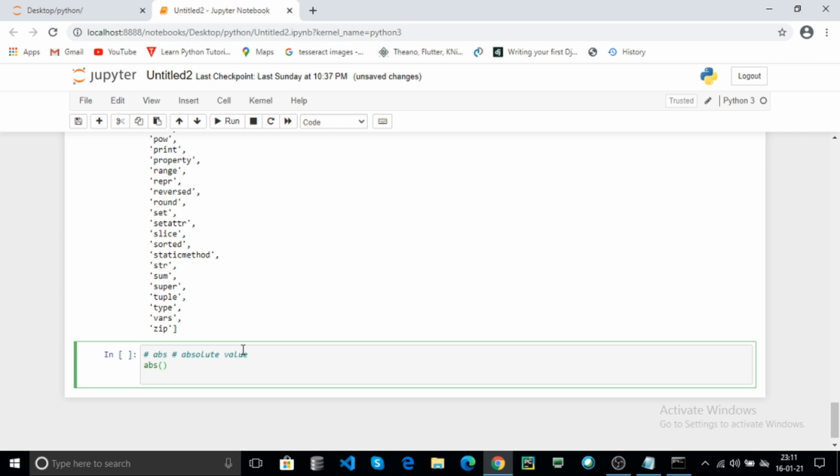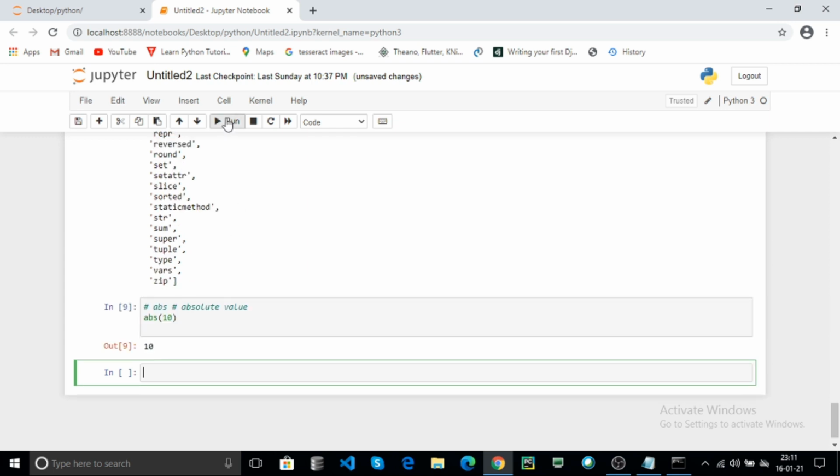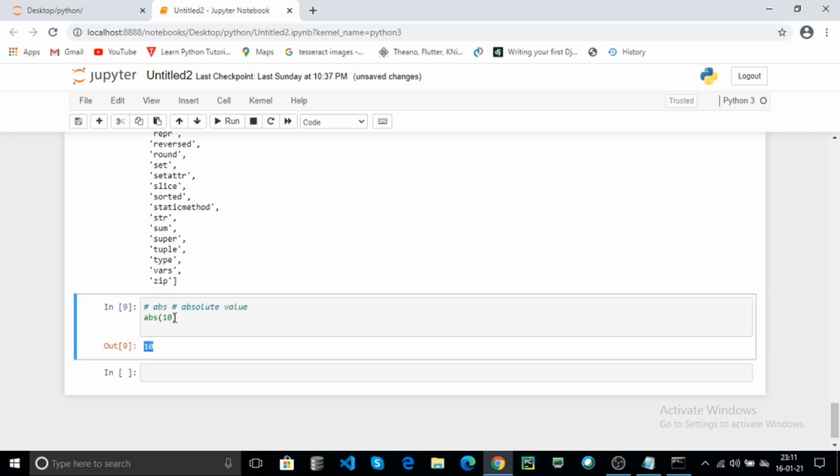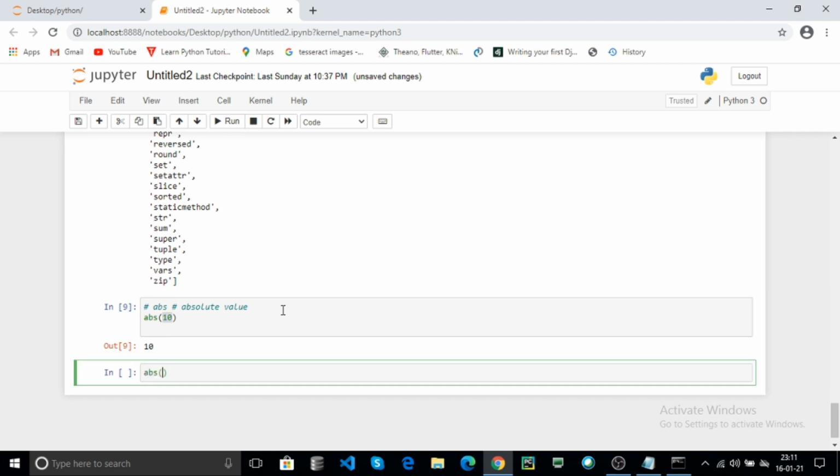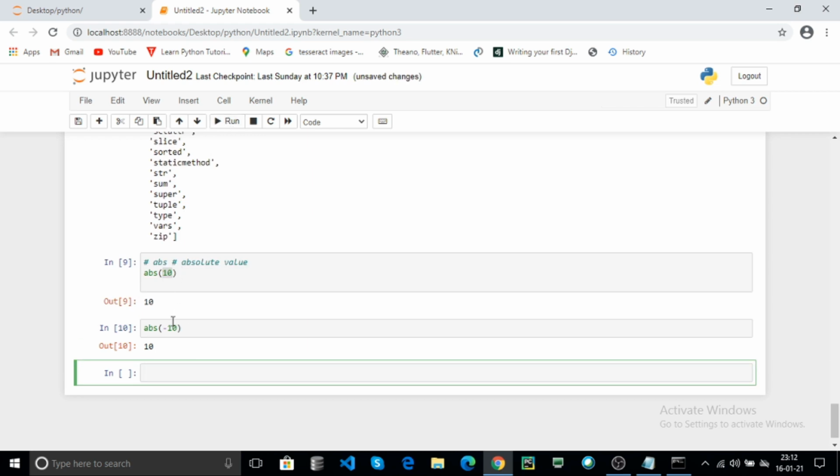Here you can pass any value, for example 10. Click on run. It returns the absolute value of your given argument. You can also check abs of -10. It returns the absolute value of -10, which is 10.